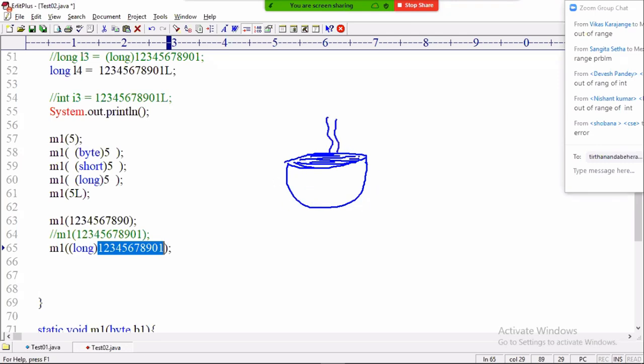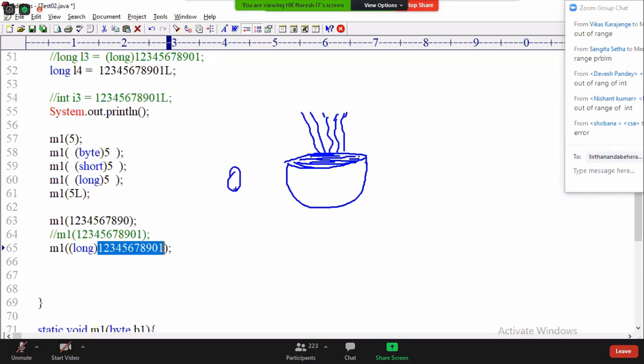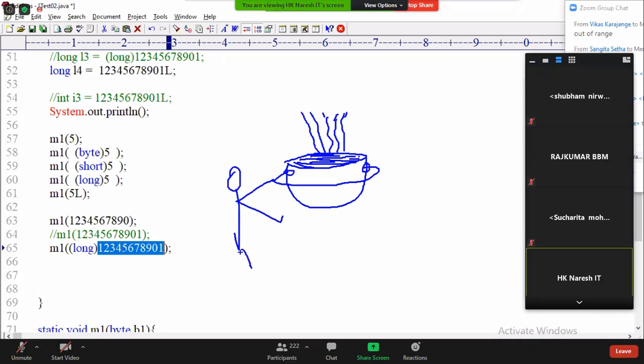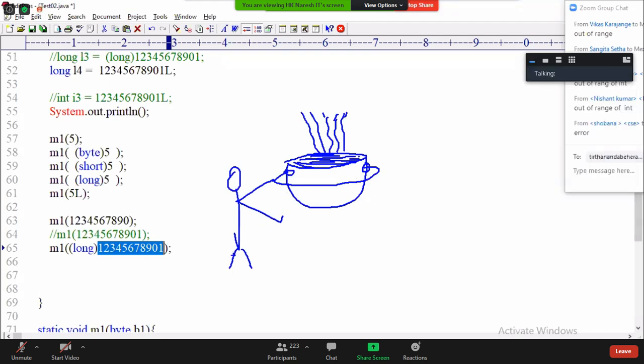Java is very hot in the market. Any languages are coming and going, but Java is evergreen hot. Now tell me, can you hold it? Now you come with your two hands, two fingers, and you touch it. Then what happened? Red color will come to your fingers. Why? Because this is not in the range of your hand.